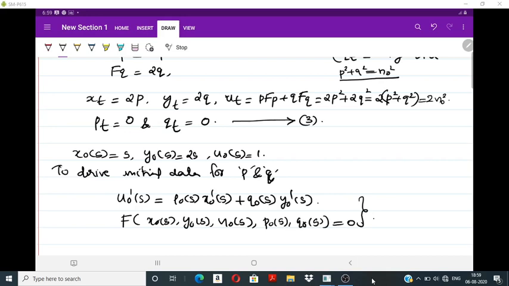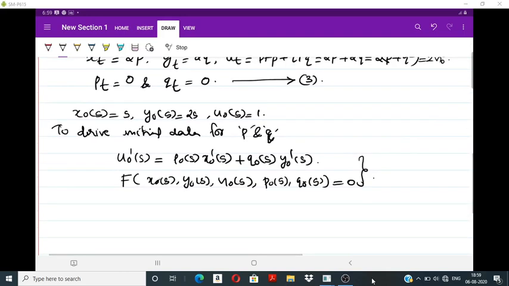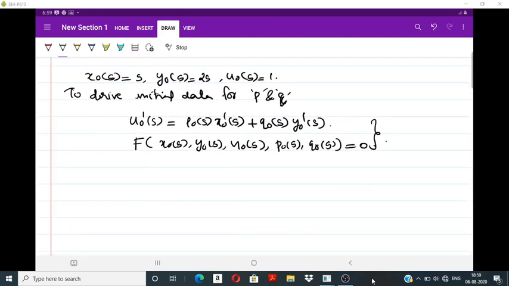Combining these two equations, we can calculate the initial conditions for P naught and Q naught. So first we calculate the U naught dash of s. From the given initial condition, we have U naught of s is equal to 1. Differentiating with respect to s, we get U naught dash of s is 0. So 0 is equal to P naught of s